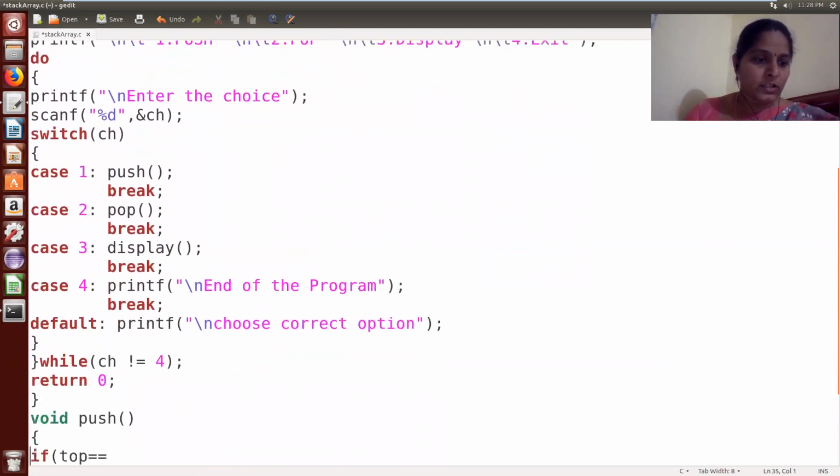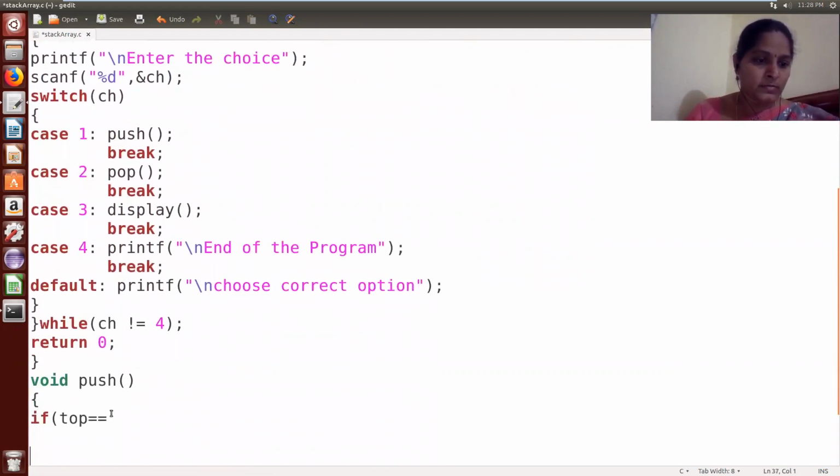Okay. If your top pointer value is greater than or equal to n-1, n-1 means n is your size, right? So in that case, the stack is full.